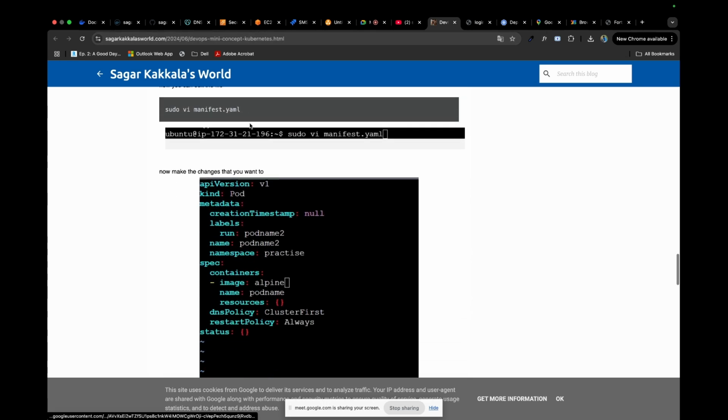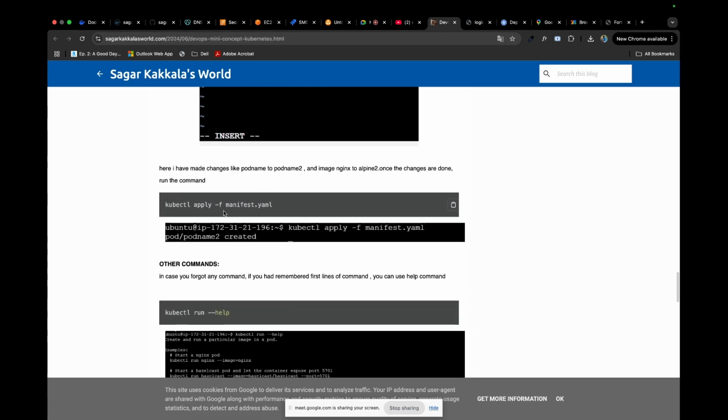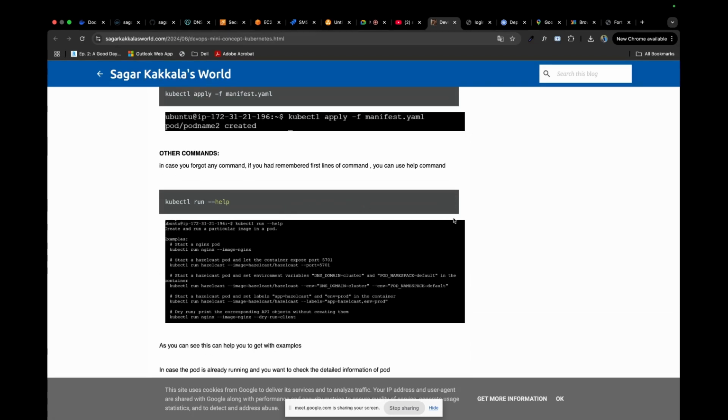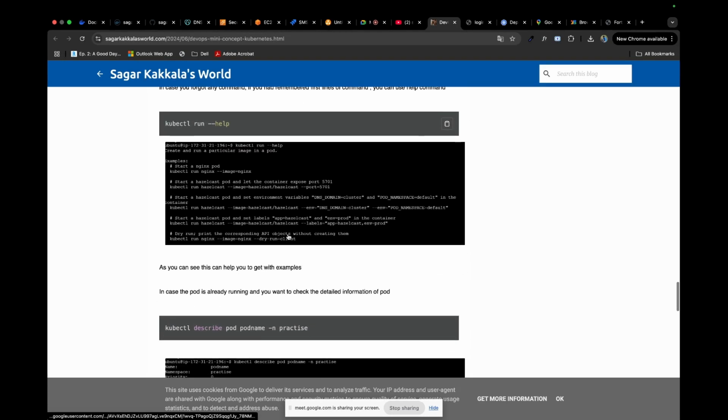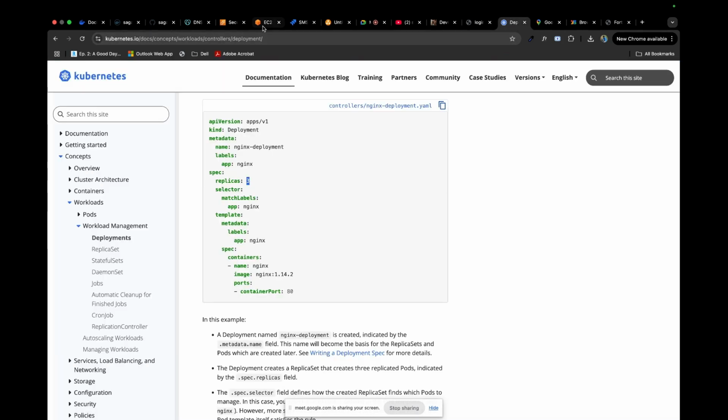Yeah, this is what I was saying. Manifest.yaml, make the changes and kubectl. And if you're not sure what to do, I mean you remember only half of the command, even that's fine. Let's say